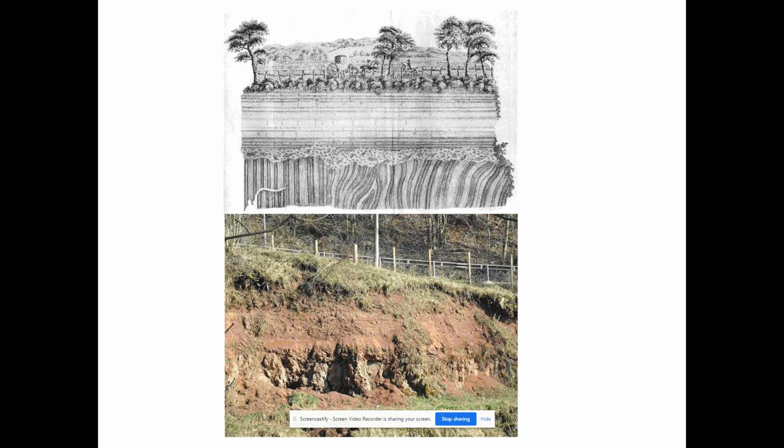And you can see here, the picture above is actually one of his drawings, and the picture below shows, where he probably found this from, the actual location. And you can see the layers in the soil. You can see the horizontal sedimentation. There's these vertical rocks as well, where different layers are bent and so forth.